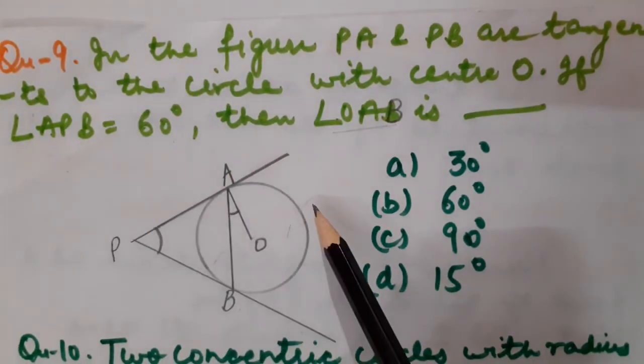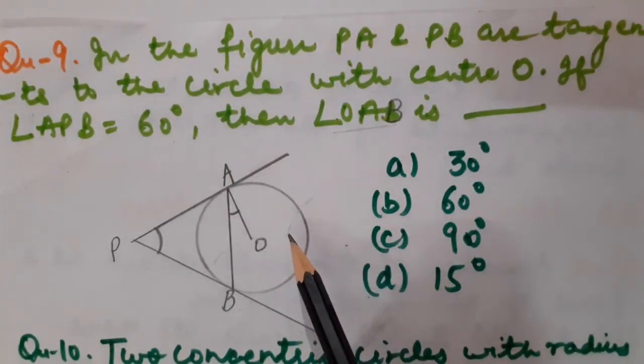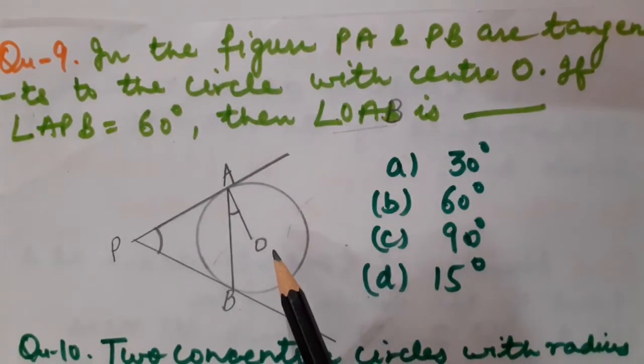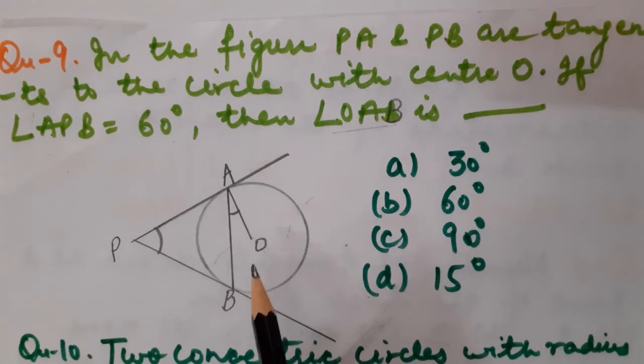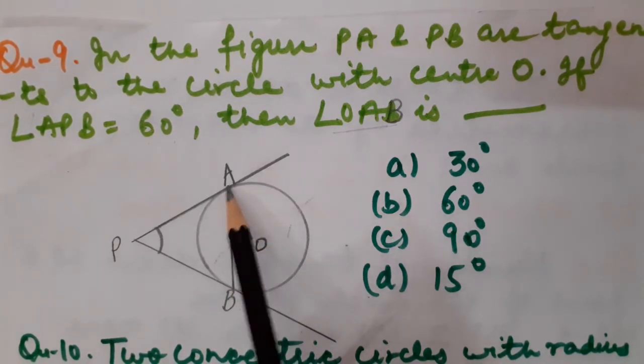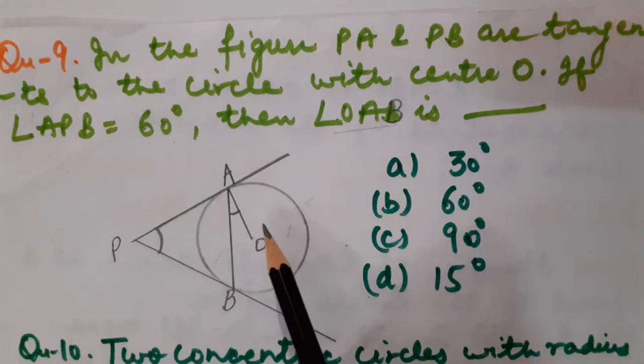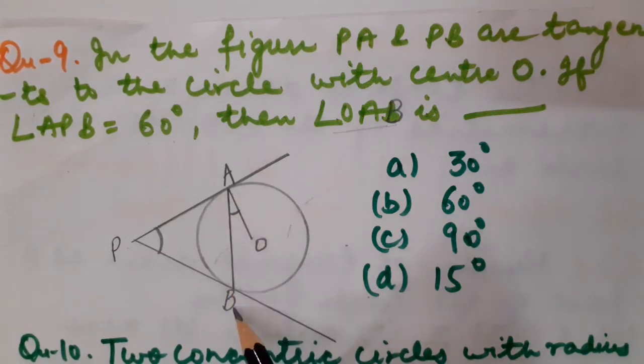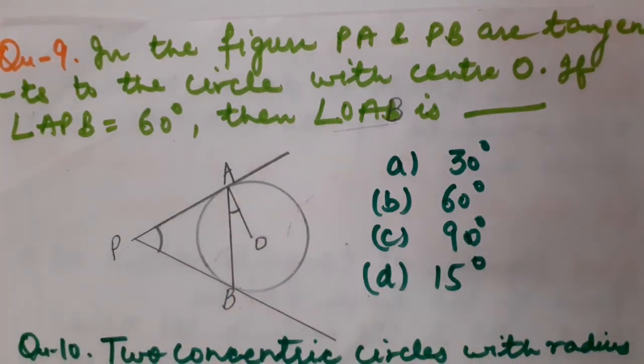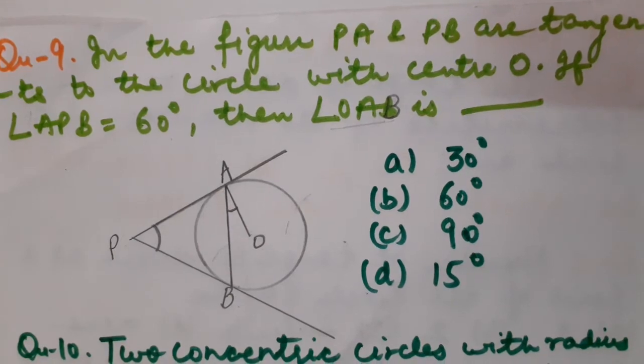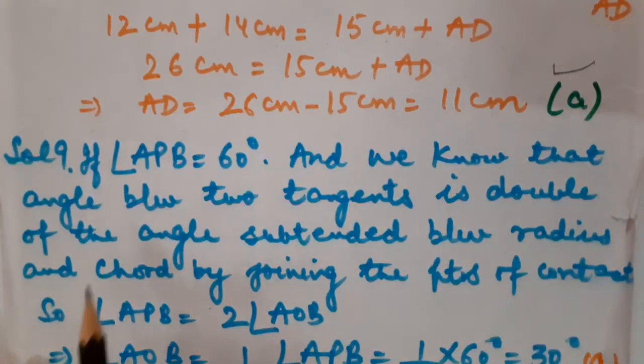While looking at the diagram, children, it may have struck your mind that we did the same question. Okay, that was example number 2. So the same statement of example number 2 I am going to use over here, so that I will be able to calculate OAB using the result that APB is double of angle OAB. When it is double, the reason I am going to give you now. So here is its solution.